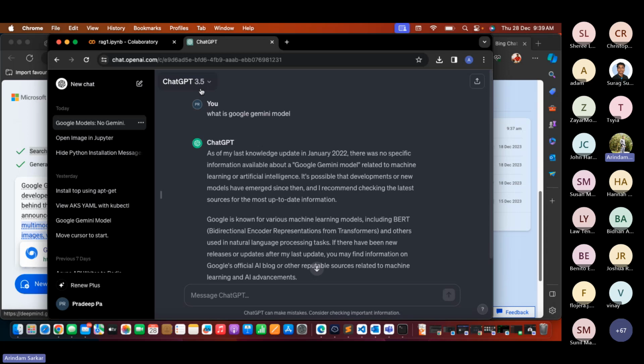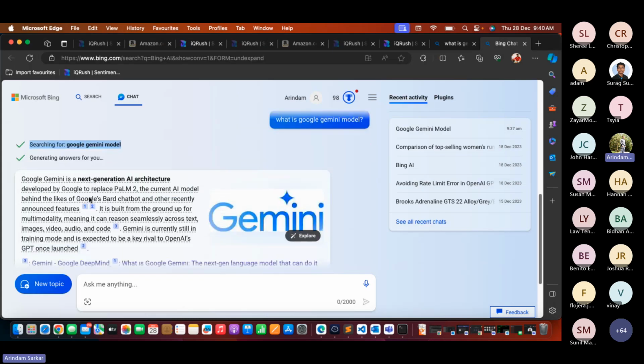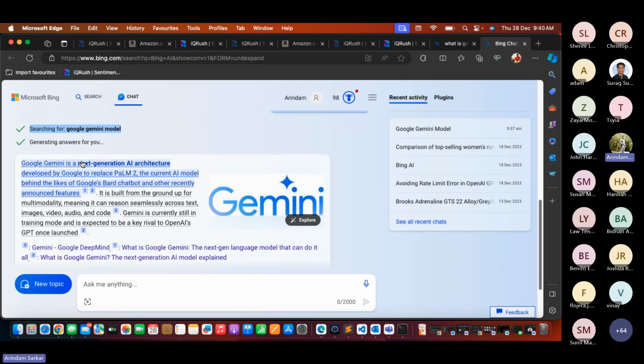So what I am trying to convey to you guys is that the LLM is not the end of the game. You can use this LLM with certain tools, and it becomes extremely powerful. Where it is not able to reason or give you the answer, if you expose it to some external tools, then it becomes like magic. The way Bing Chat was able to answer, Bing just went and searched.